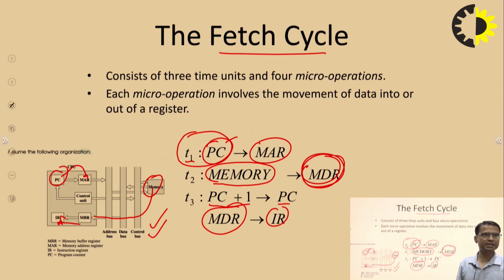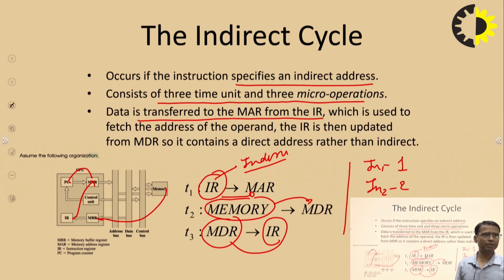We have earlier fetched the instruction part, then the instruction is decoded by the control unit, and we came to know whether directly available data is there or indirect data is available there. So the first cycle will be followed by the indirect cycle. We bring data to the instruction register by the indirect cycle. Now